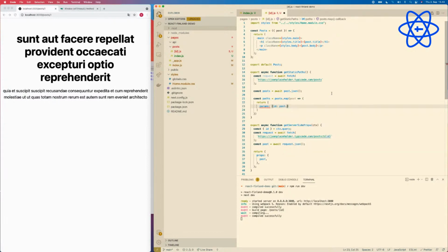And that will be post.id. However, it expects it to be a string, so let's turn it into a string to be sure.